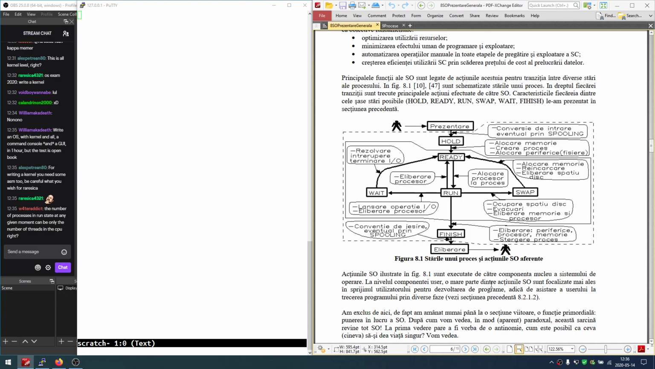The number of processes in run state at any given time can be only the number of threads. Well, yes, but then you have the question, I have a process with multiple threads. So when I say the operating system scheduler chooses a process, that may be the main thread of a process or any other thread. It will choose some of them, and you cannot have more than the computation units that you have on your host,